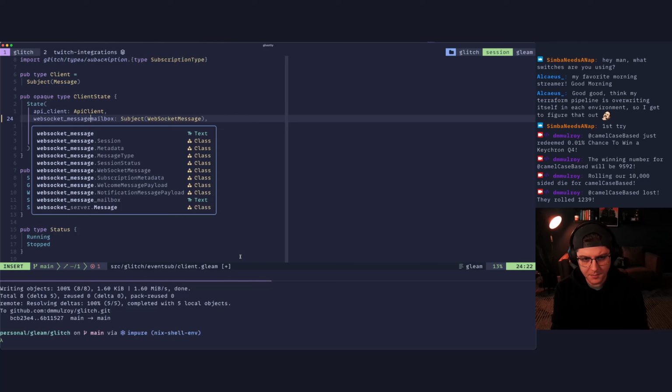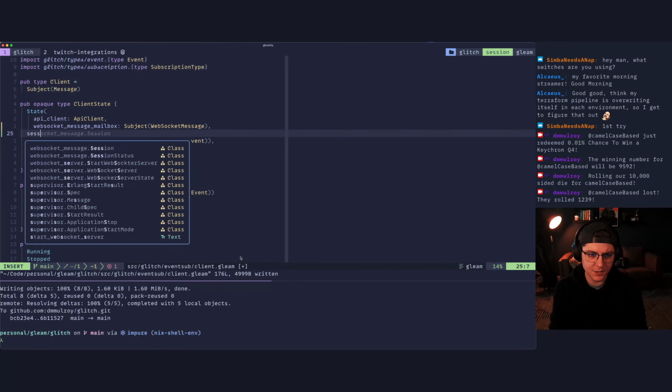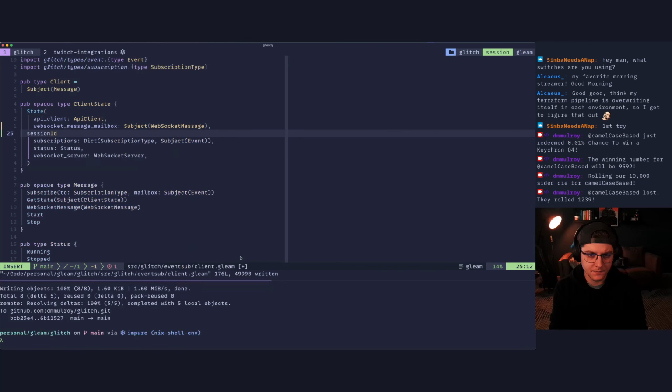So this could be optional. We can make that optional a bit, but we would have a session ID. And this would be an option of string.